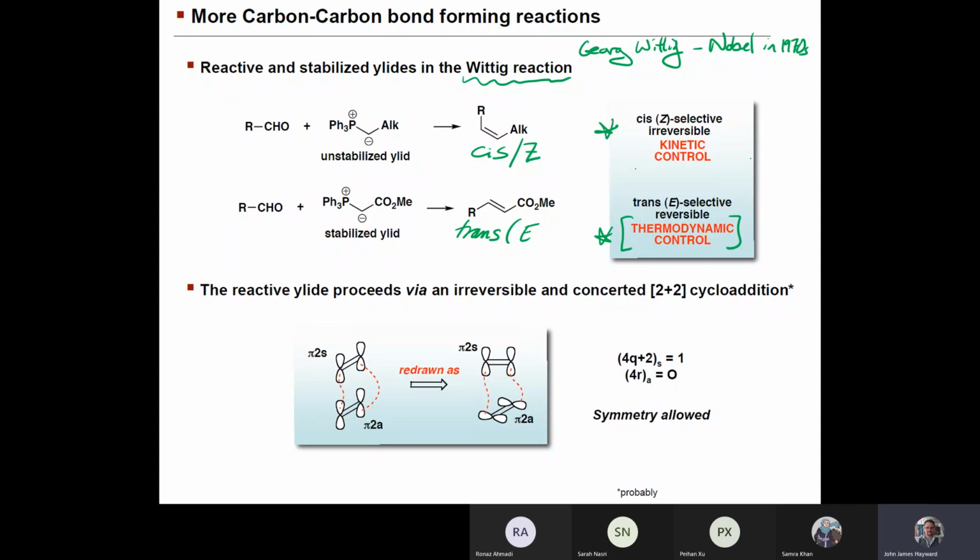But for now, I'm just going to tell you that a 2+2 reaction, such as is drawn here, is symmetry allowed. But geometrically,